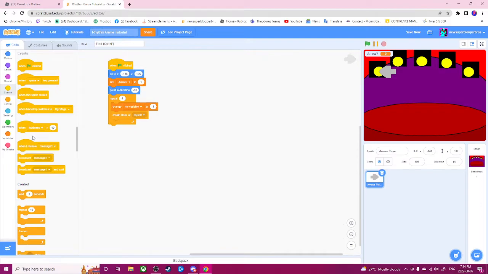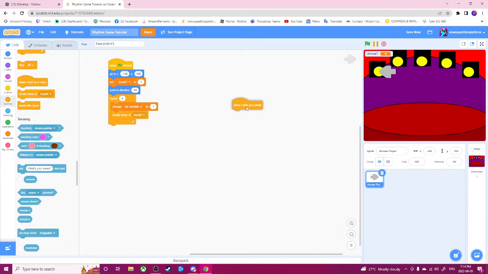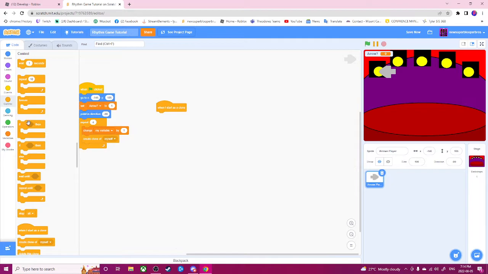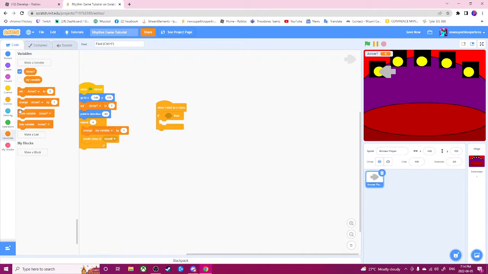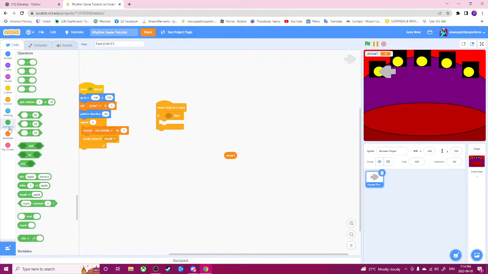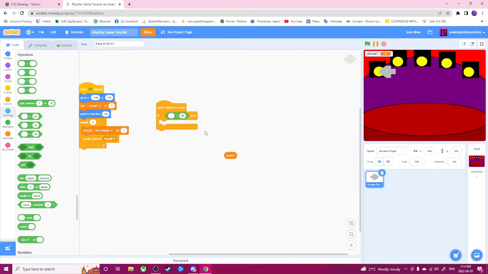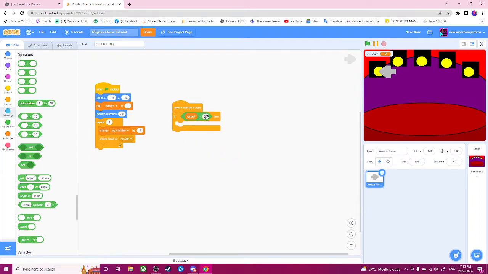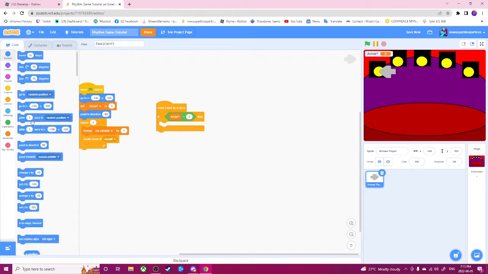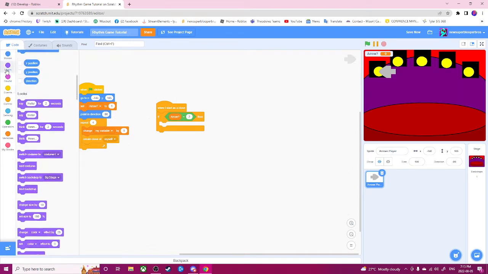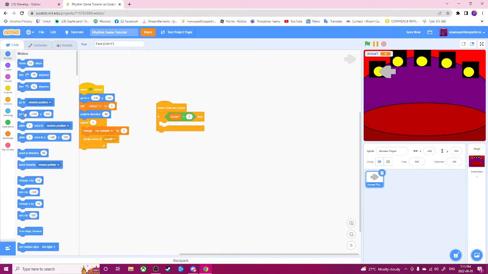When I start as a clone, we'll go if, and then we'll go arrow equals 2. Point in direction, point directly down, and we'll,